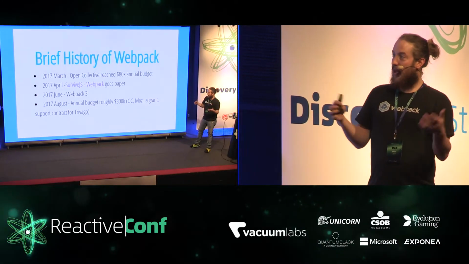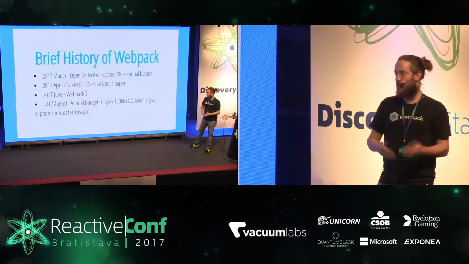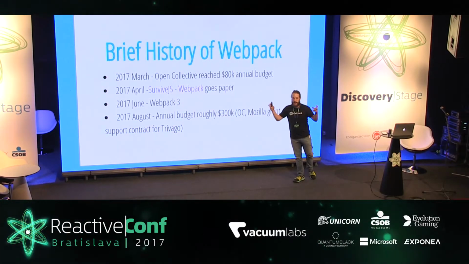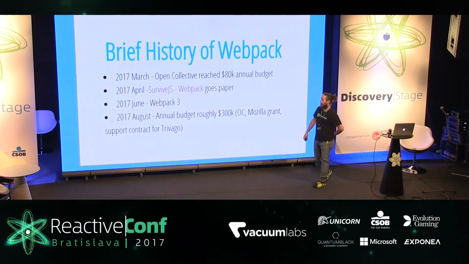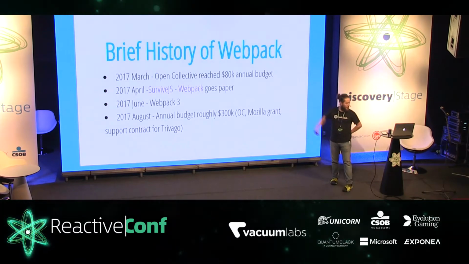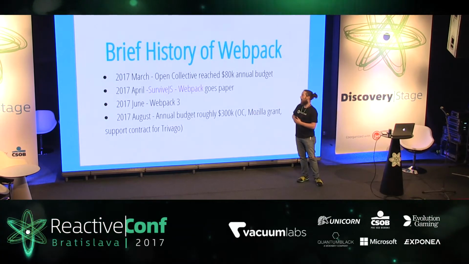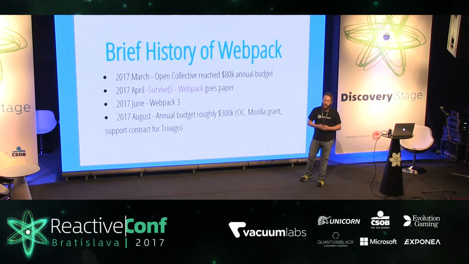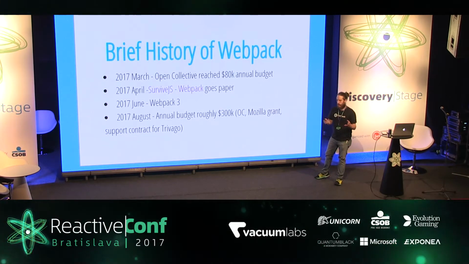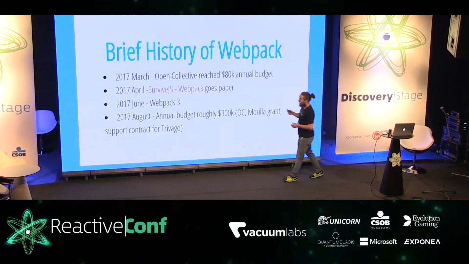And so then we started evangelizing: if we fund ourselves, we could really make this incredible. And so we were able to reach an estimated yearly target of $80,000 as a budget. And also, this gives Juho time to ship Survive.js and the Webpack edition. If you haven't gotten that book, go get it. Not only is it excellent literature, it's great to have and really talks about the higher level concepts and things that you should know. And then we shipped Webpack 3 in 2017.